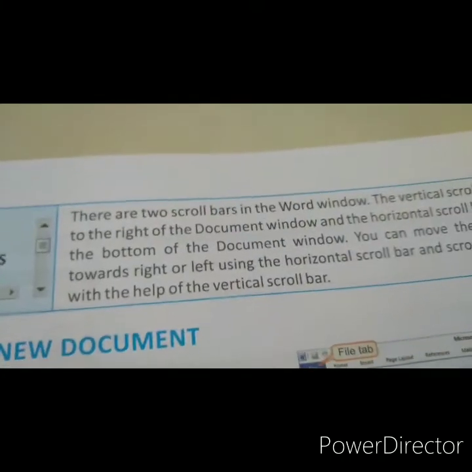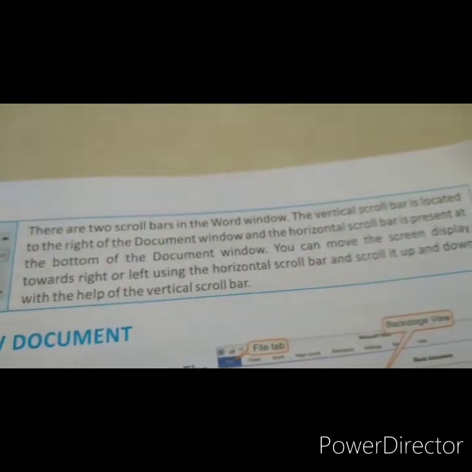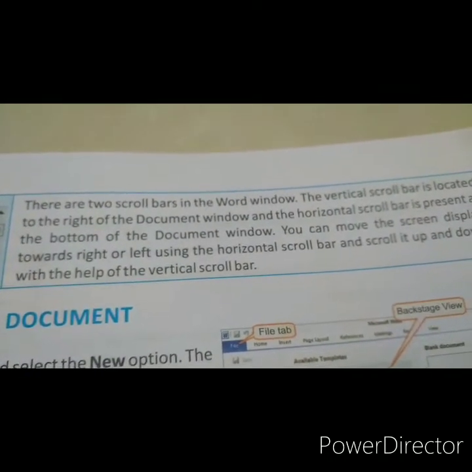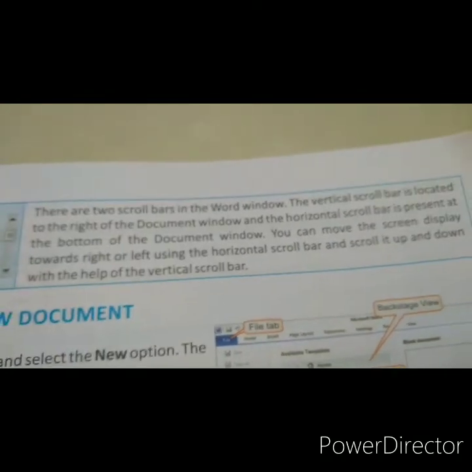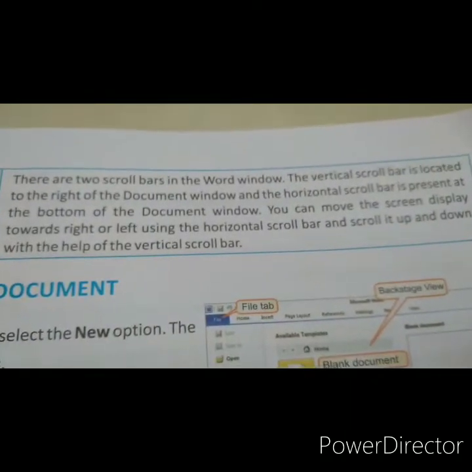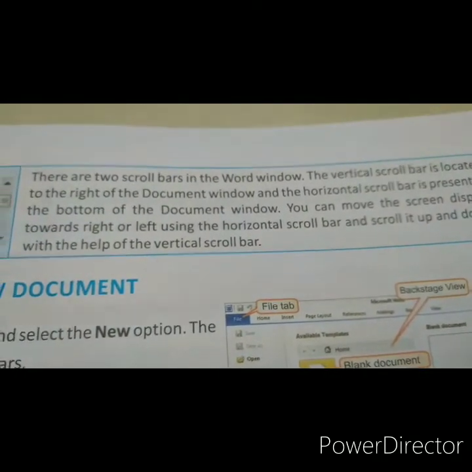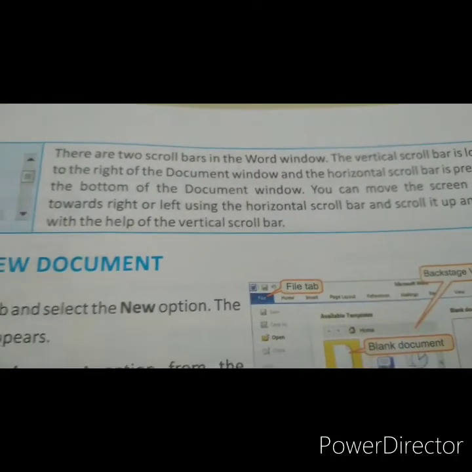There are two scroll bars in the Word window. The vertical scroll bar is located to the right of the document window, and the horizontal is present at the bottom of the document window. We can move the screen display towards right or left using the horizontal scroll bar, and scroll up and down with the help of the vertical scroll bar.